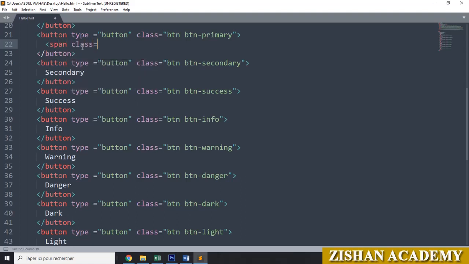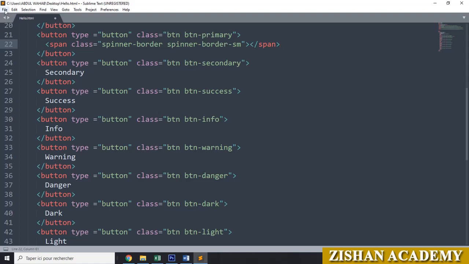Span class equal to double quotes, then you have to give it here button spinner, give it here spinner dash border, then we will give it here spinner border dash sm for small, then you have to close this one, close the span tag. That's it.